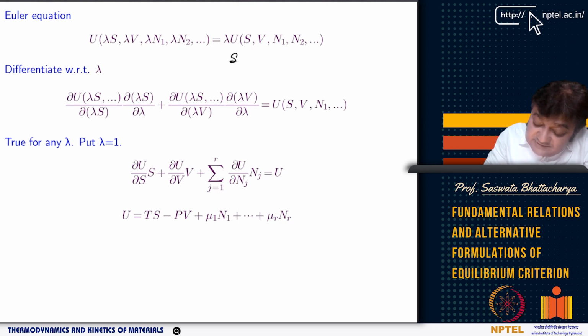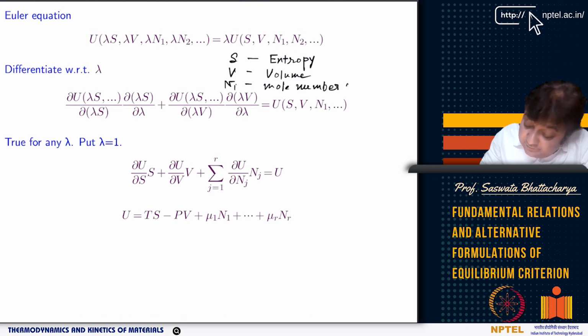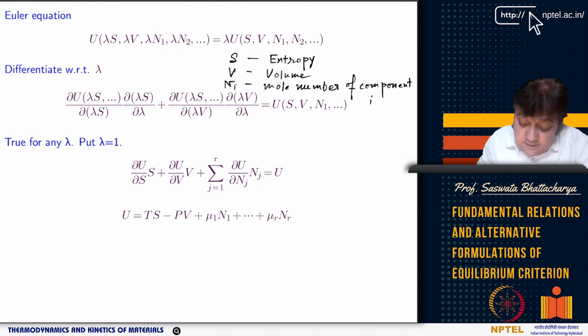So U is a function of S, where S is the entropy of the system, V is volume, and N_i is the mole number of component i, right? Now, as we know from this, because U is a function of S, V, N